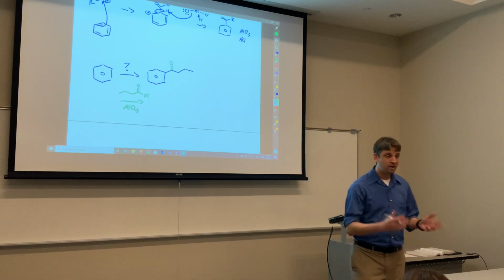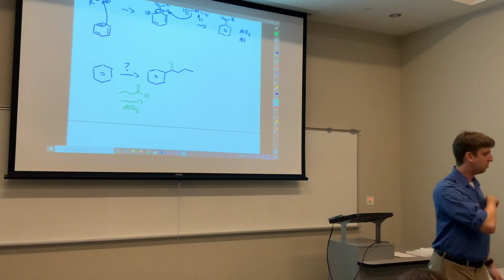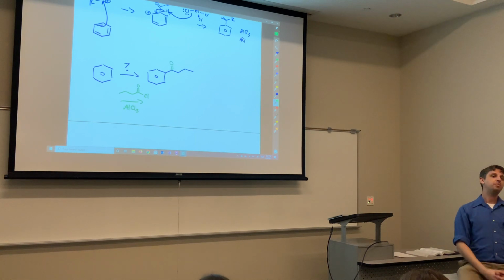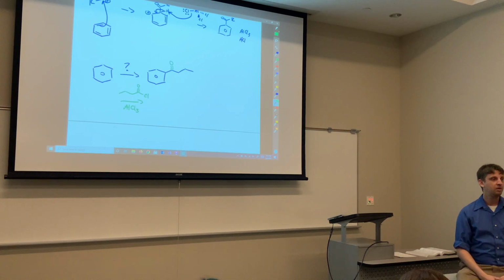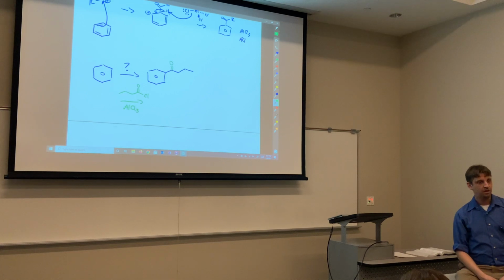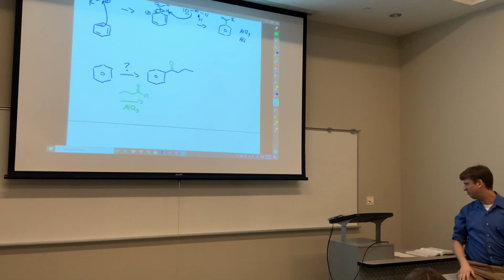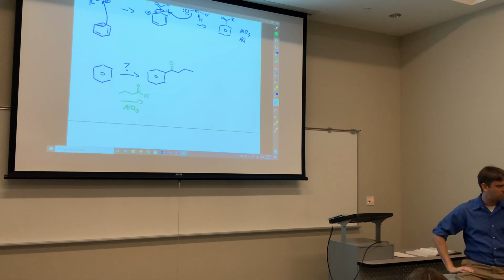So we need to get rid of an oxygen. So what do we need to do? We need to replace carbon-oxygen bonds for what? Carbon-hydrogen bonds. So what type of reaction is that? Reduction. That's a reduction, right? So there's two types of reductions. They don't talk about them both in this chapter. I really don't know why. But we'll go ahead and talk about both of them here because